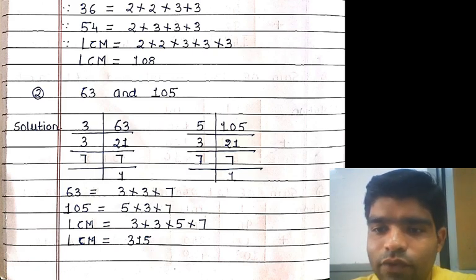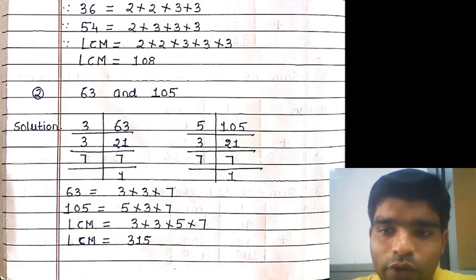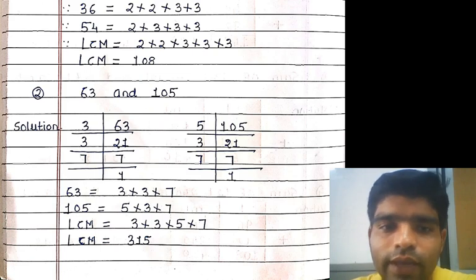And then last we have to find the LCM. Okay, so how can we find the LCM? This is the least common multiple. Here LCM is equal to what? First we have to find the least common multiple. 3 we have to repeat 2 times for the 63 and 105. We write down 3 multiplied by 3, and 5 only one time multiplied by 5, and 7 is also one time. You have to multiply by 7 remaining. Okay, just check it. Here LCM is what?